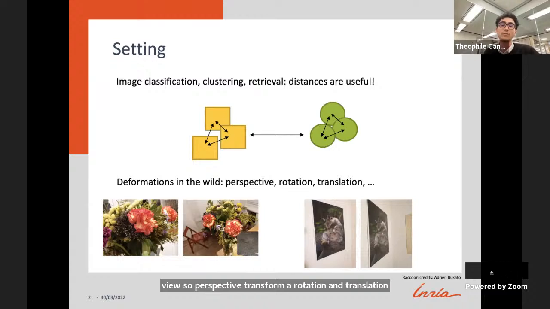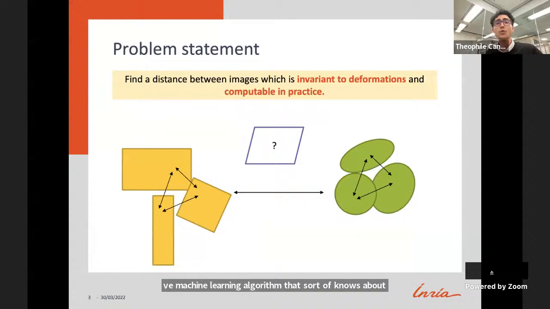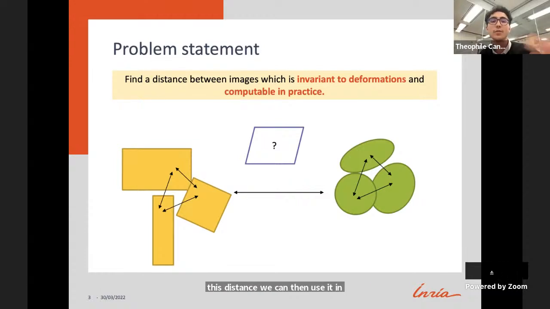And so what we'd like perhaps is to have a machine learning algorithm that sort of knows about this and can enforce some form of invariance. So what's the problem statement? The idea is to find the distance between images. So for example, images, but it could be more generally data, which is invariant to deformations and computable in practice. And so with this distance, we can then use it in different machine learning algorithms like nearest neighbors or clustering,